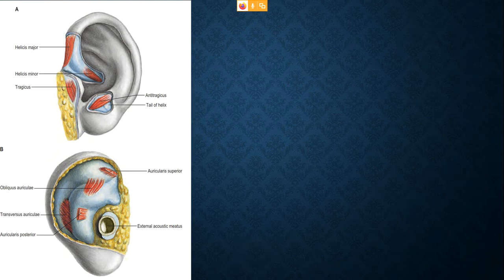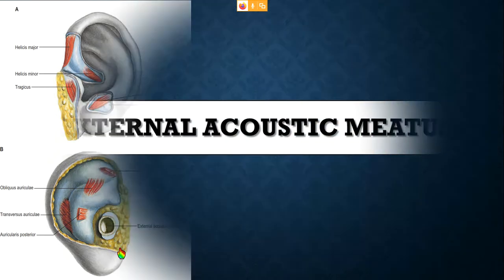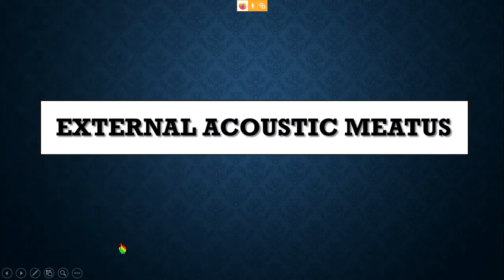The lymphatic drainage is by the parotid group of lymph nodes, mastoid group of lymph nodes, then the upper deep cervical group of lymph nodes. This is about the blood supply, nerve supply, and lymphatic drainage. Then moving towards the external acoustic meatus. Before going to see that,